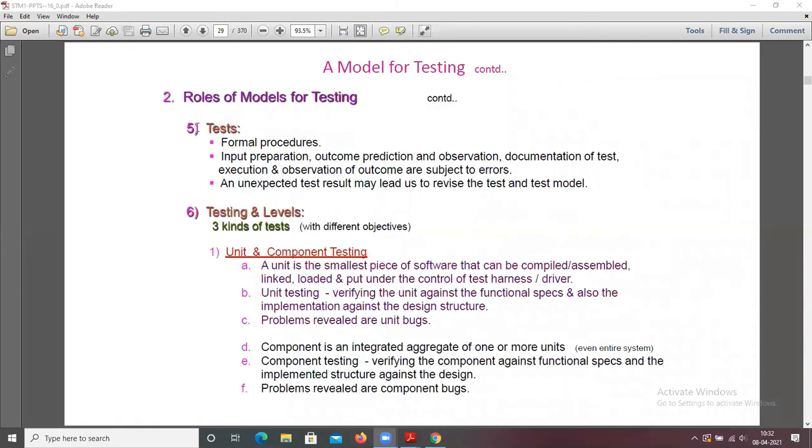Next, tests. Formal procedures, input preparation, outcome prediction and observation, documentation of the test, execution and observation of outcomes are subject to errors. An unexpected test result may lead us to revise the test and the test model.